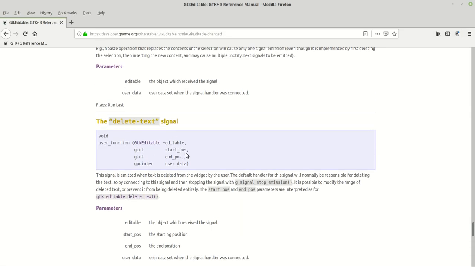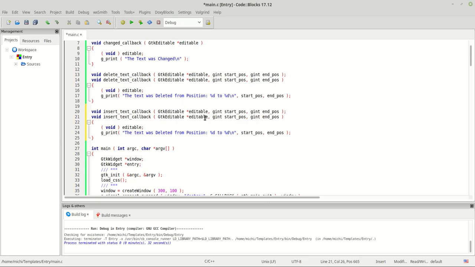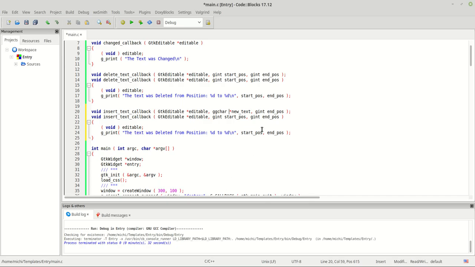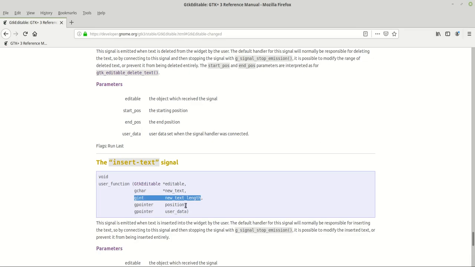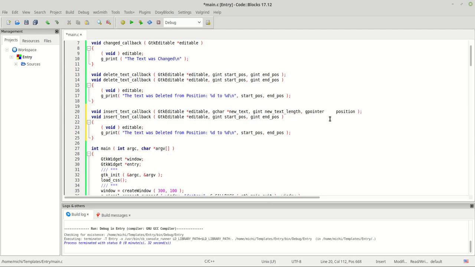The first one is the gchar new text. The next one is gint new text length. So let's copy this part here and change it. Too many G here. And then the next one is the gpointer position. Okay, so gpointer position. Once that we have it, we can